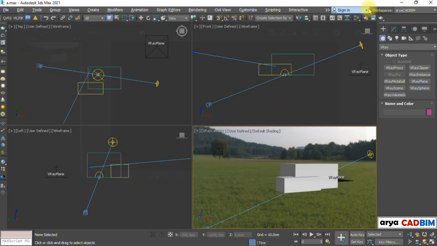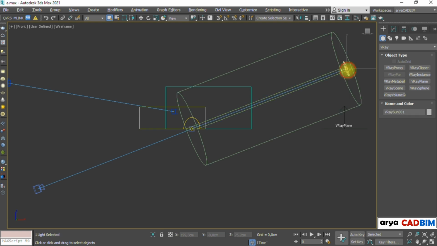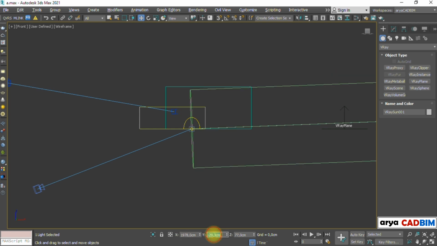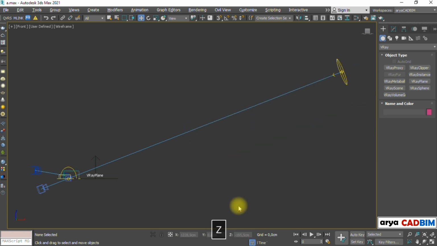OK, now the first thing I wanted to show you was this. If you need, you can move the V-Ray Sun to somewhere far from the current position. But you have to keep the direction the same. This way, it does not change your lighting setup. Let's see. I am going to multiply all coordinate values by 10. This will keep the direction the same. Now the sun is far away.